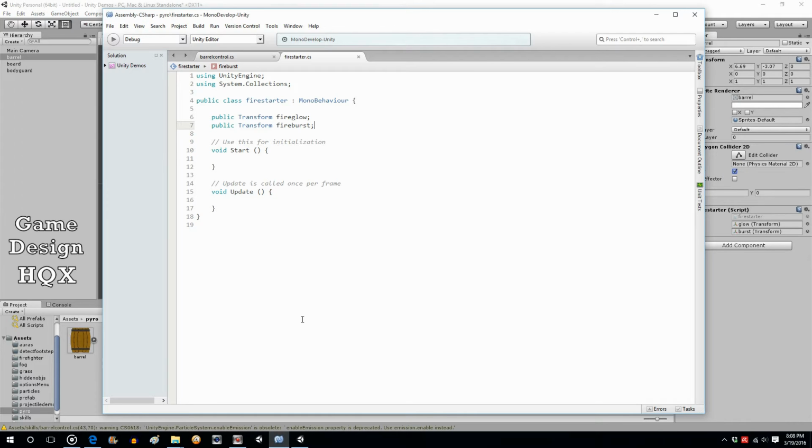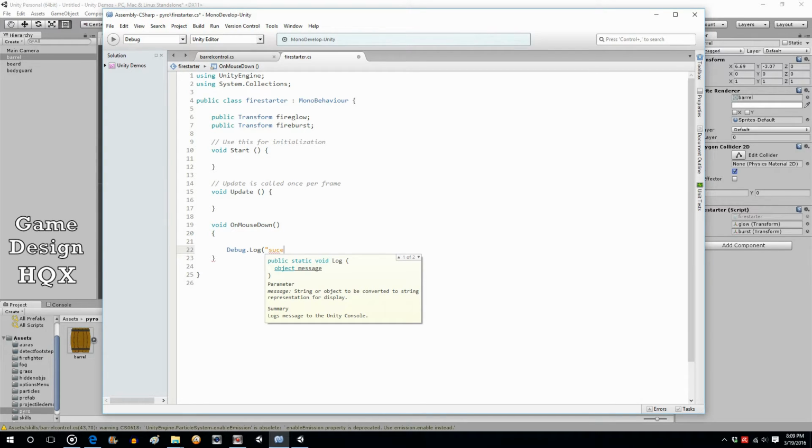Now we go back to the script, and outside of start, outside of update, you're going to do void OnMouseDown, and we'll just do Debug.Log. I strongly suggest that whenever you add new functionality, if you have to detect something, test the detection first